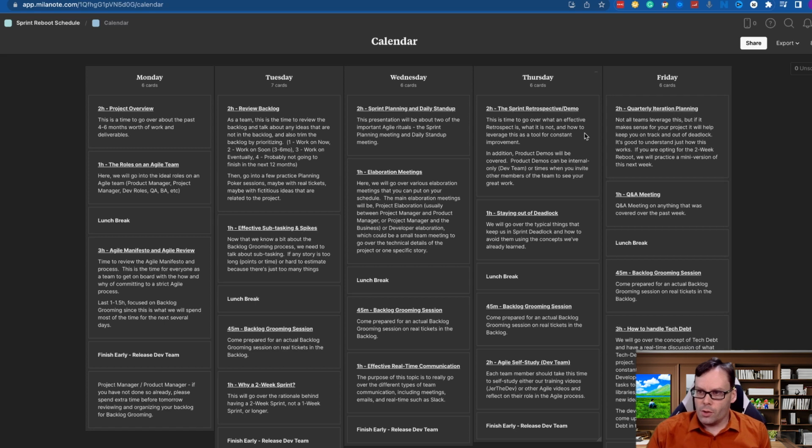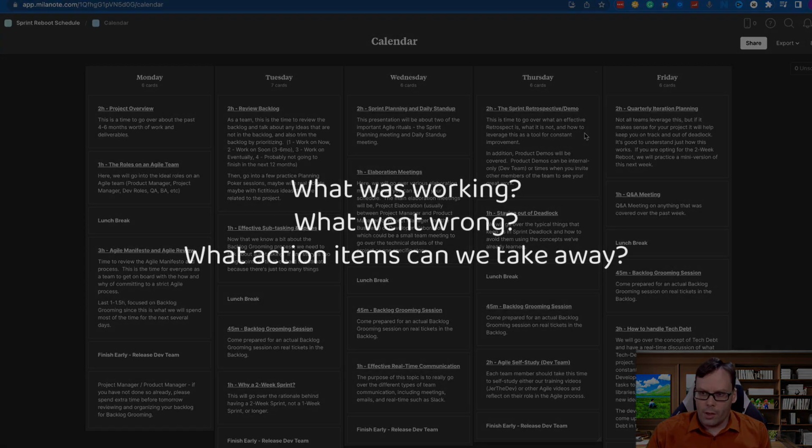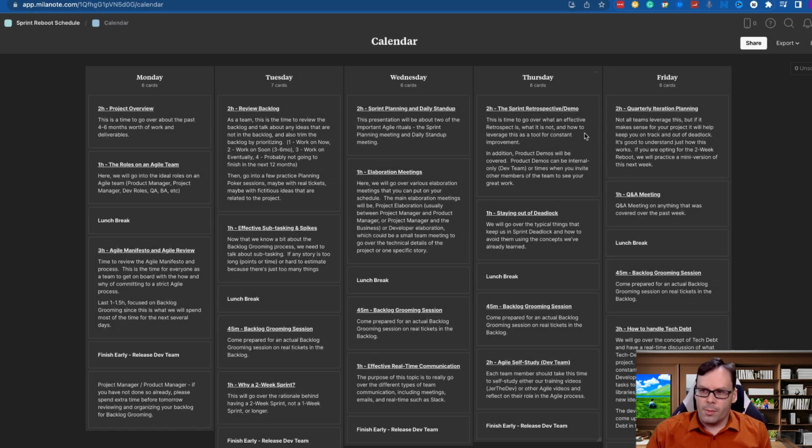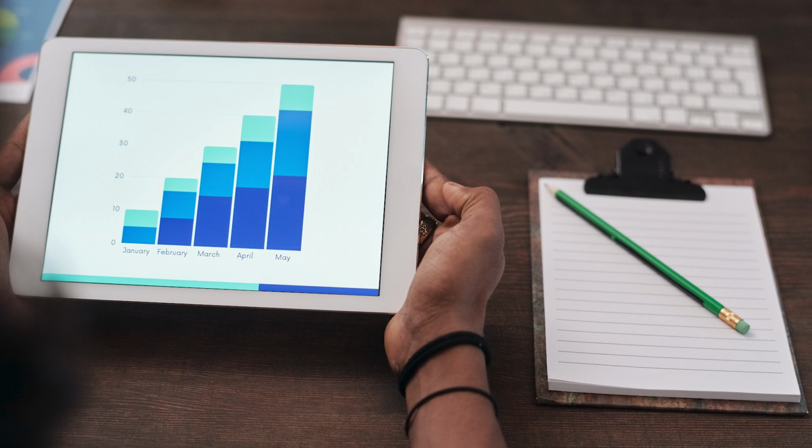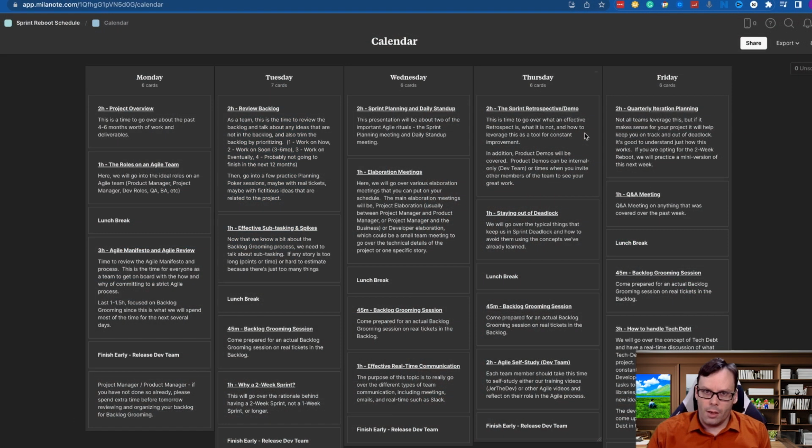And then of course the retrospective is the development team's way of looking back at the last sprint and reviewing what was working, what is not working, how they can change things in the future, because it's about constant improvement. It's impossible to get everything perfect every single week, every single sprint, but as long as you're improving as a team over time and things are getting better and tasks are getting estimated better